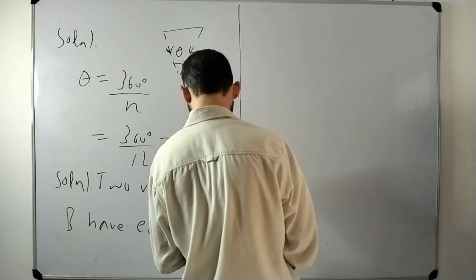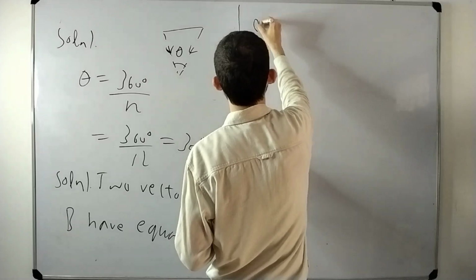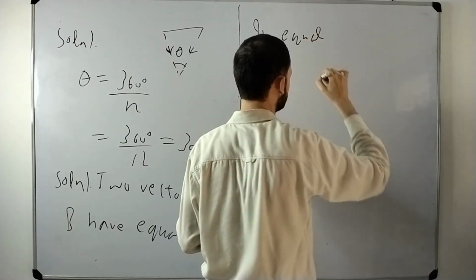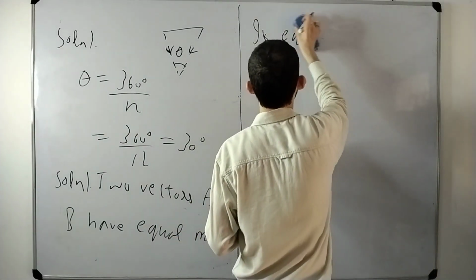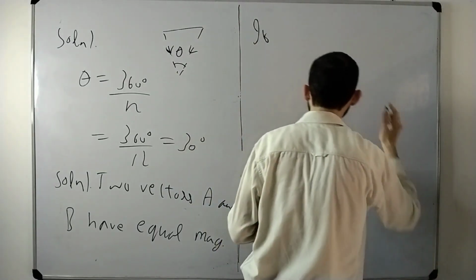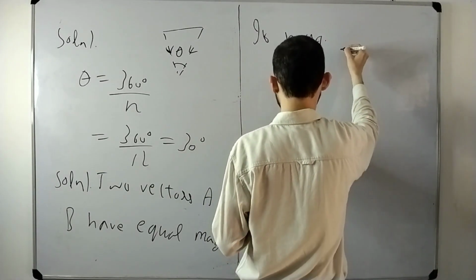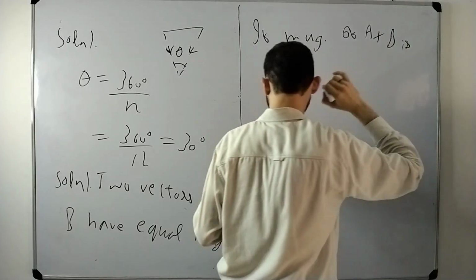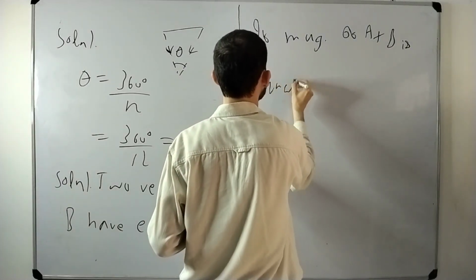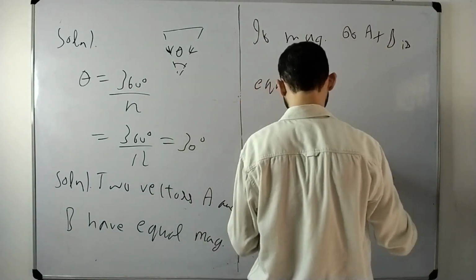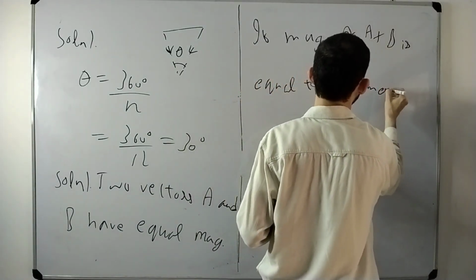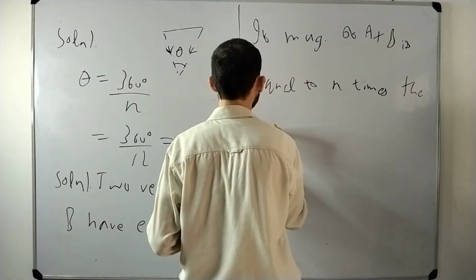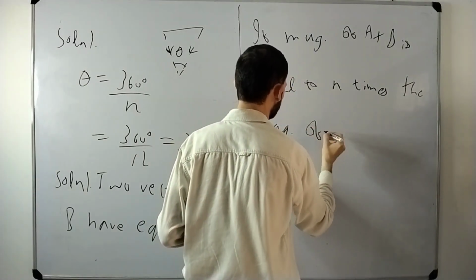What I am saying, of equal magnitude: if the magnitude of A plus B is equal to n times the magnitude of A minus B,